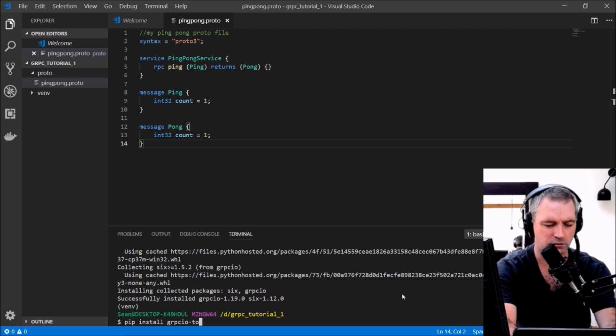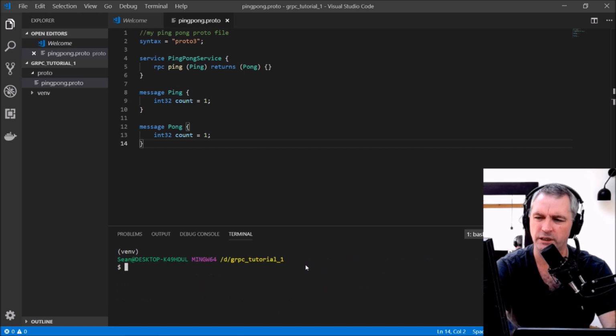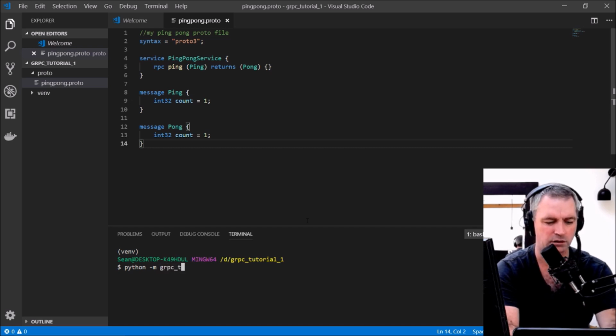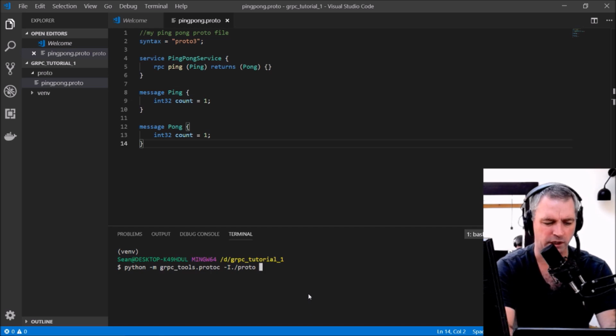And grpcio-tools. Okay, that's those two things. So now we're going to compile pingpong.proto. To do that, I'm going to write python -m grpc_tools.protoc. Now for the command line arguments, -I ./proto, that's this folder here, proto, and my out folder,